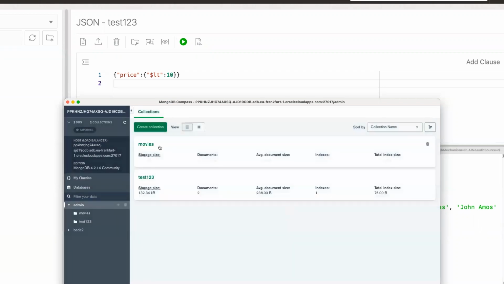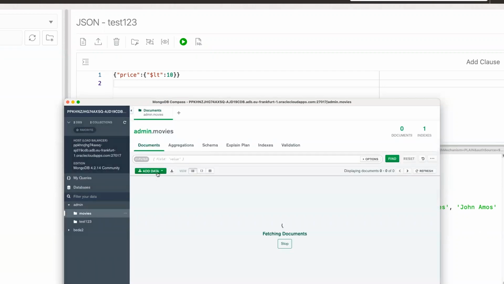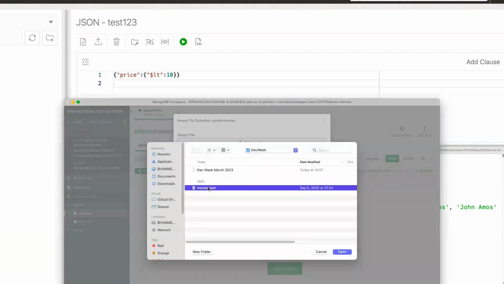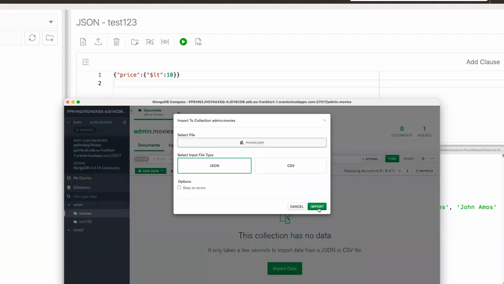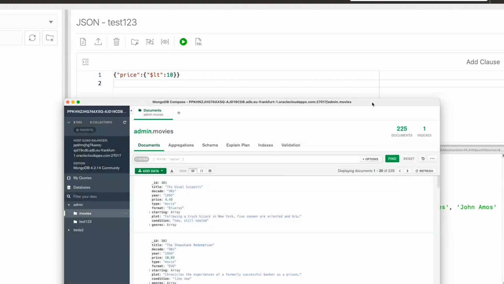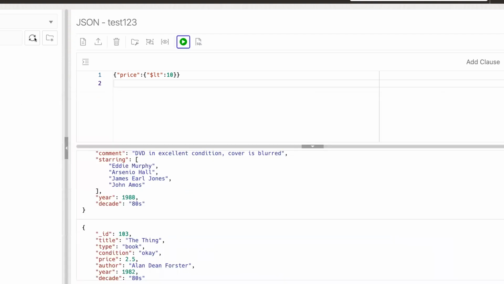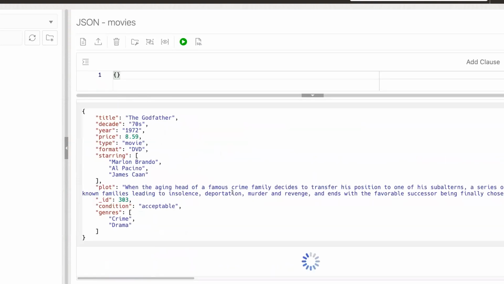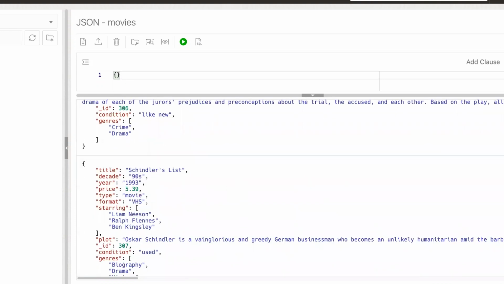So I create a collection, and I click here on movies, and then I add some data, and I'm doing an import. There is a movies.json, which has a bit more data, and I can just use this. Again, if I'm a developer who likes to use MongoDB tools or drivers, I can just continue using them, even if the data is stored in an Oracle database. So now the data should have been loaded. If I click here on the refresh button, there is a collection called movies, and we see that there is more data inside,